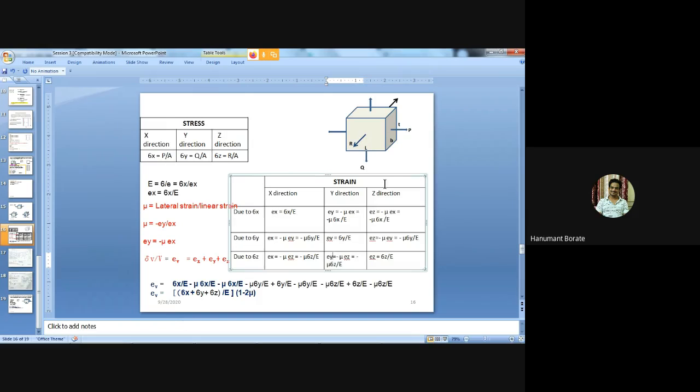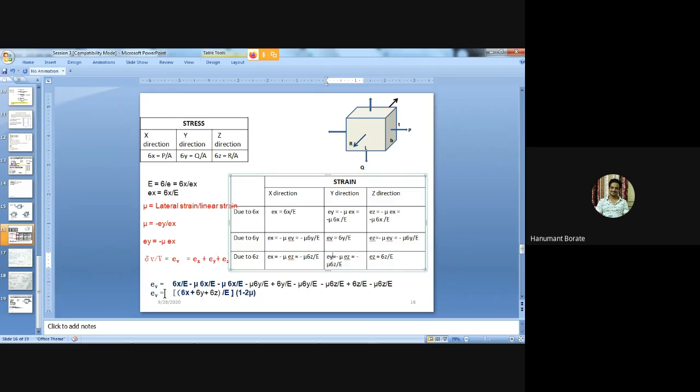So there will be an effect of each of the forces, right? So we need to do the addition of strain in the x direction, the y direction, and the z direction. If we write all this summation, finally we'll get the strain equal to